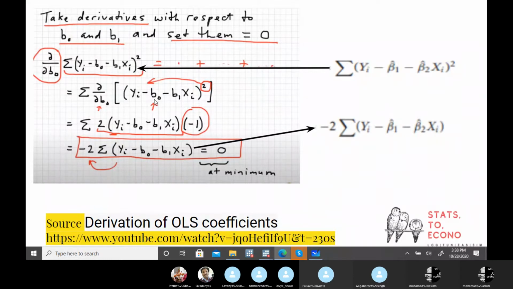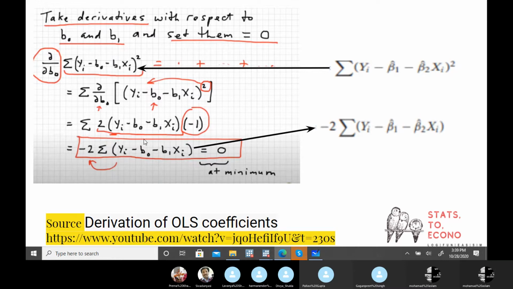Now here we are going to differentiate with respect to beta 0 or beta 1. Its coefficient here is -1. So that -1 you have to multiply with this equation. So this is the differentiation of this particular equation with respect to beta 0. Only this mathematics is required in this derivation. Other things are just plus minus type of things. The first means how to differentiate at first order and what is the minima condition.